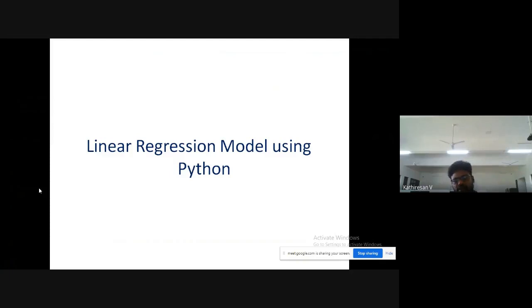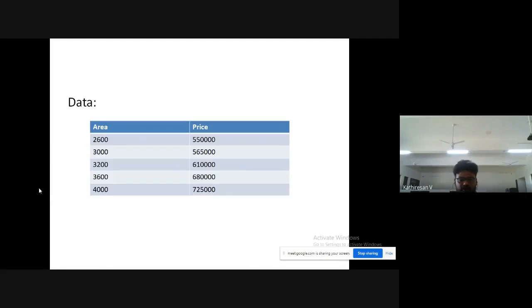While we are covering the theory, I will cover how linear regression works and everything. Whatever information is essential now to do this experiment, I will convey to you. So we are going to do a linear regression model using Python.